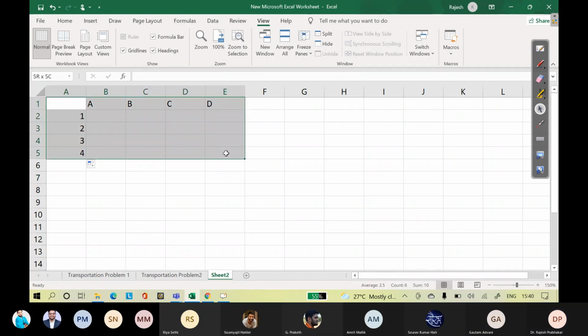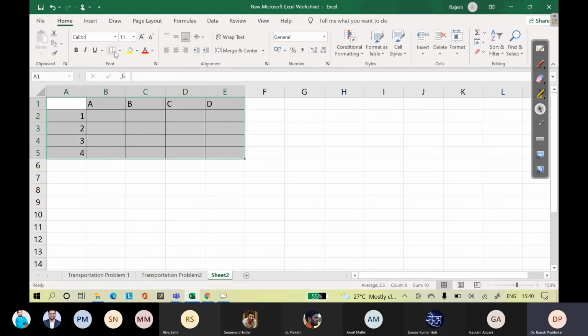Okay. Home, border, middle. So the cost structure is